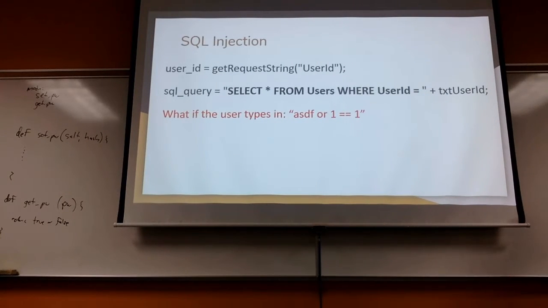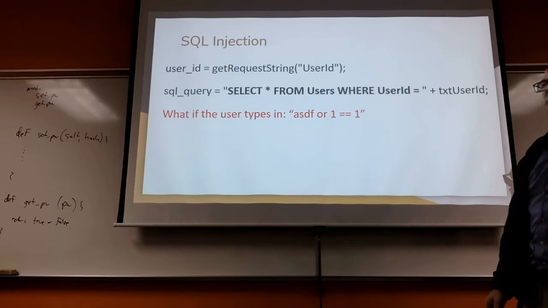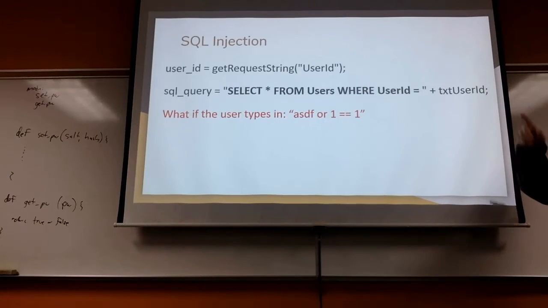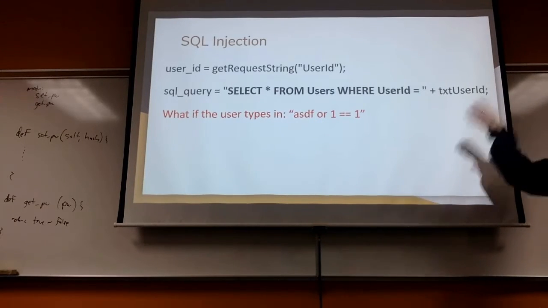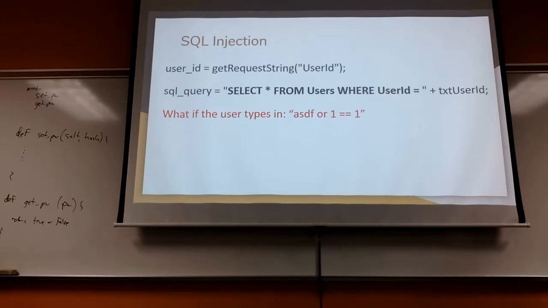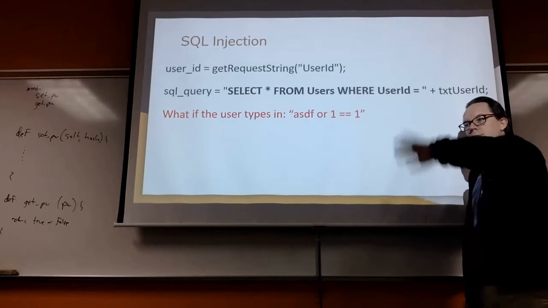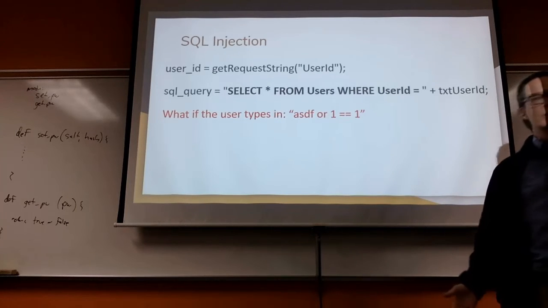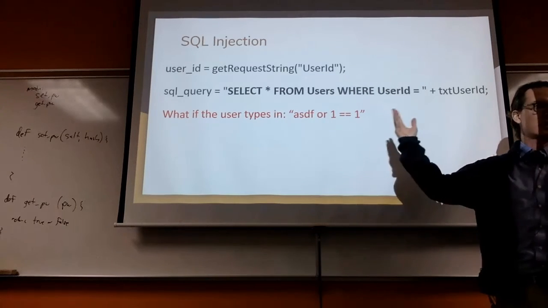Yes? Isn't that useless since we were smart about it and we only stored the salt and not the password? In the users. We're not talking about passwords yet. Oh. Yes, that is true if we were looking for passwords, but say we're just looking for addresses, credit cards, phone numbers, social security numbers, right? If you were smart, you would encrypt those as well, but most companies don't, so why not try this, right?